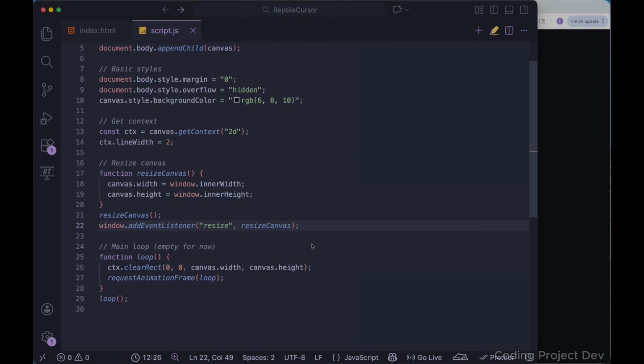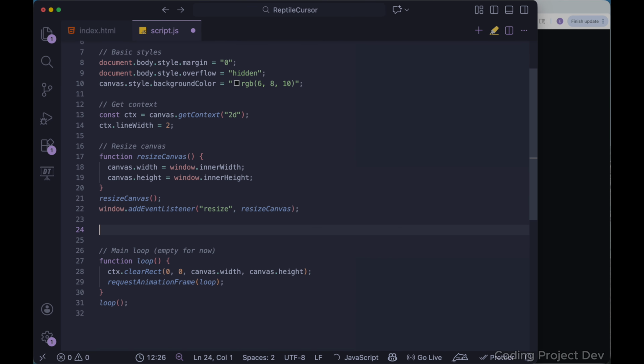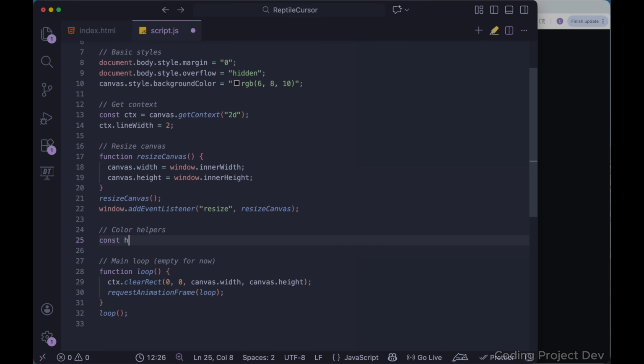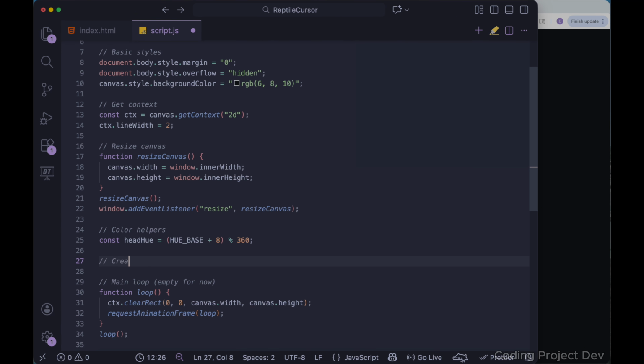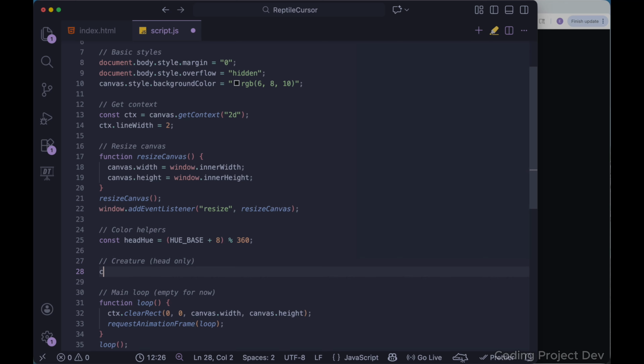Next we'll add some color helpers for the head. For this we use const headHue equals uBase plus 360, and we'll create the head only for now,